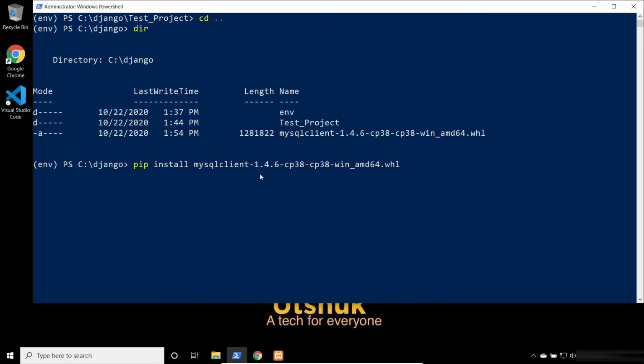You need to follow this process only if you are facing a problem installing the MySQL client. If you have already installed it with the command pip install mysqlclient, then you don't have to follow this step. In my case also, I was successful installing it using the pip install mysqlclient command. If you hit enter, you can configure your MySQL client without any error. I won't do this as I have already installed the MySQL client.